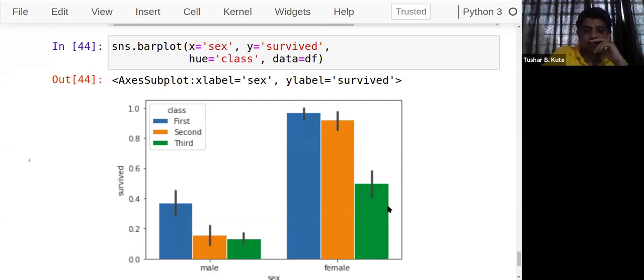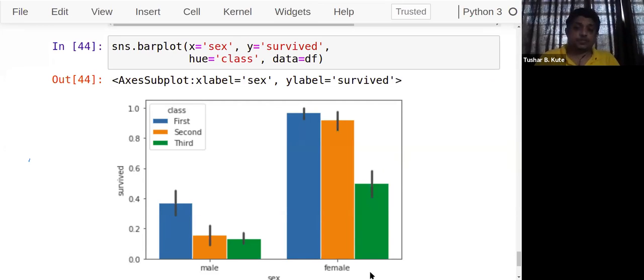And in female, how many are there? So in first class survival, second class survival, third class. See, some observations are there. The maximum number of females are survived, means 80% females are survived in this data, in the Titanic tragedy. And only 20% were male out of all survived people. And under it also, you can observe that the people who were traveling from first class, they are maximum survived. Male also, female also. The highest bar is in the first class, then the lower one is second class, and the lowest is the third class. Like this, survivals are there.